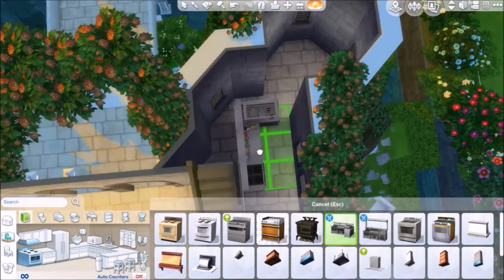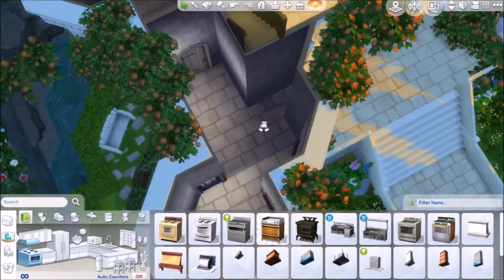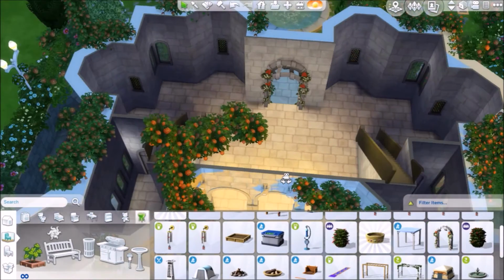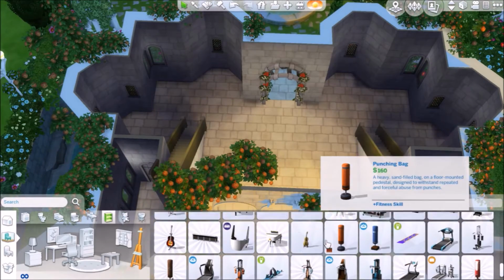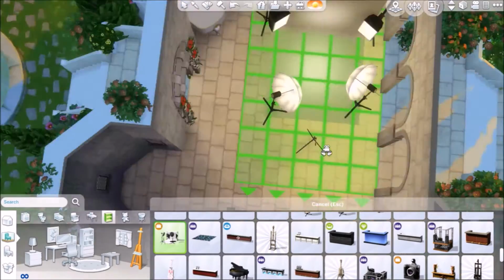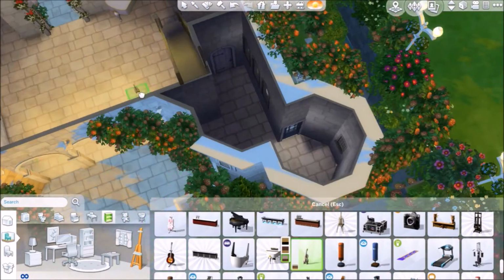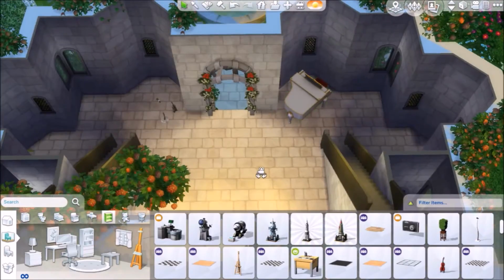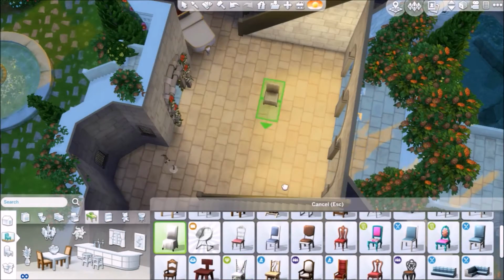And then this is the awkward kitchen. I think I come back to it in just a few moments, and I realize how small it is, and I'm like, oh god, that's going to be such a pain to cram a kitchen in. But you pretty much have to have a kitchen in a wedding venue, because I mean, you can bake a cake and put it in your inventory and then pull it back out,